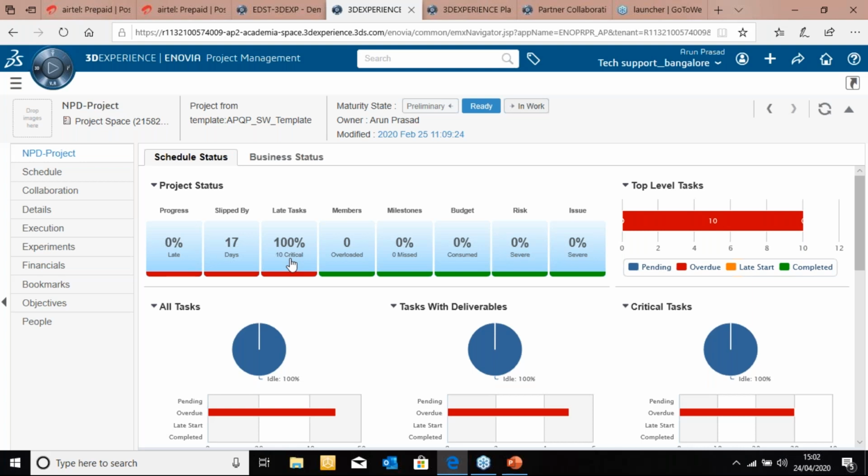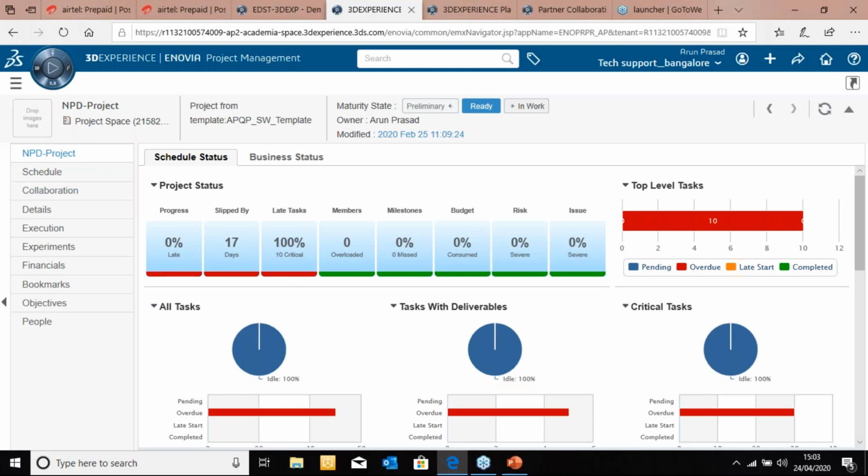So you can do a lot of experiments with this solution. You can do a lot of mock-ups. You can make changes before the project is actually released. You can do trial and error, which is called a concept project, before it is actually approved to be released for execution.